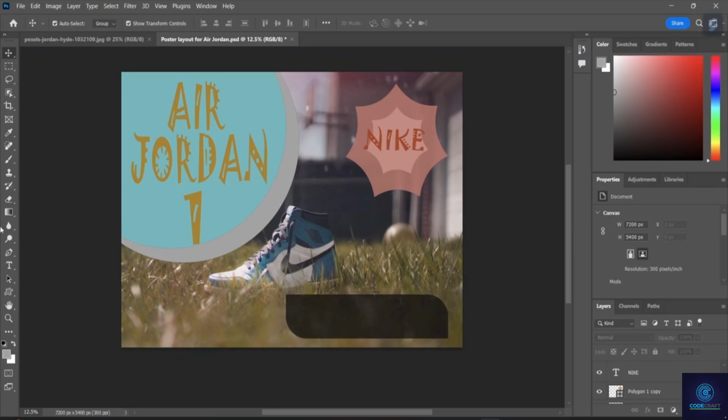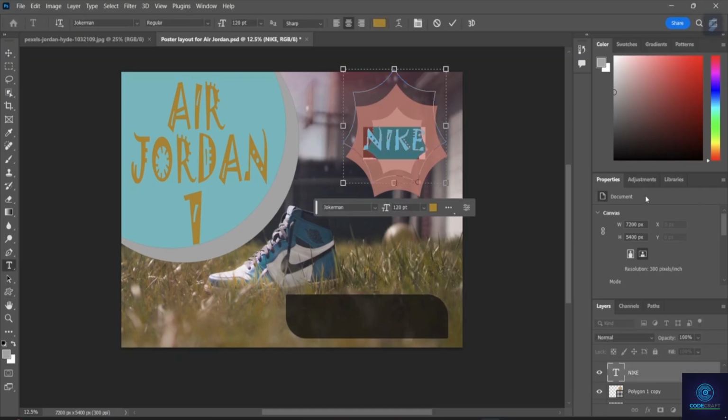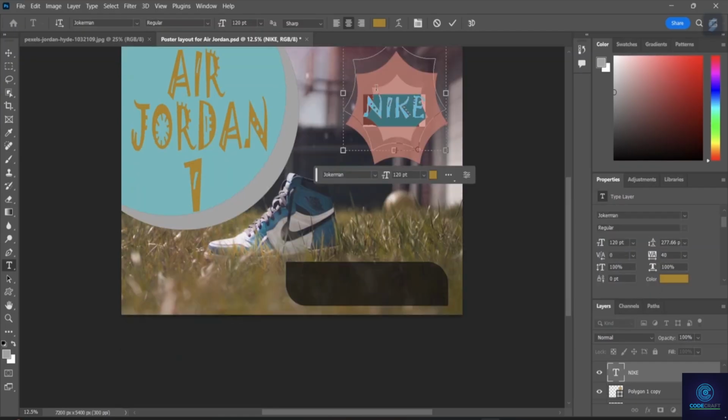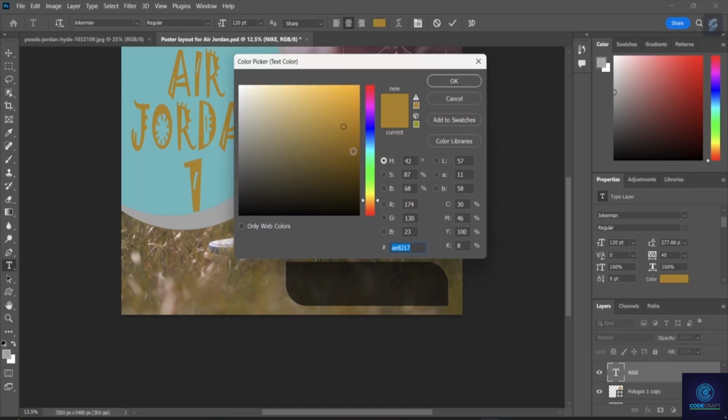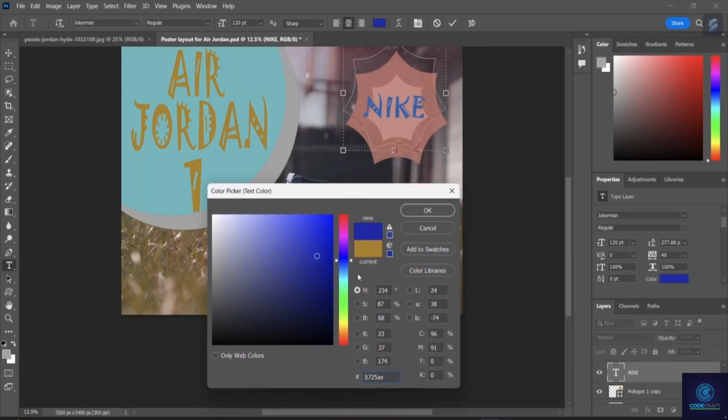Okay, so again, I'll come here on this text option, select this particular text, come here. Okay, so as you can see, I do have the color option here. So what color will suit it best? I can just check it down from here. So let me try different color